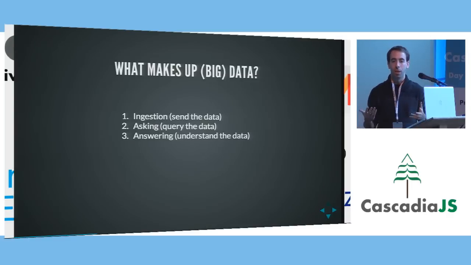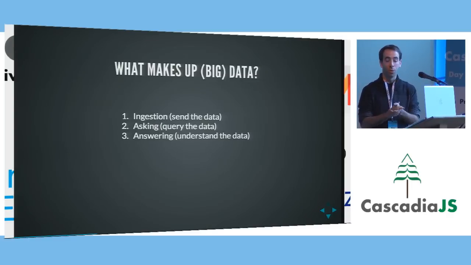So what makes up big data? Really we divide it into three separate processes. The first process is you need to get that data into whatever data source or data stream that you're using. So one example is you might curl the Twitter streaming API and then send it to Hadoop or Splunk or Twitter Storm or your MongoDB instance. That's what we call ingestion.